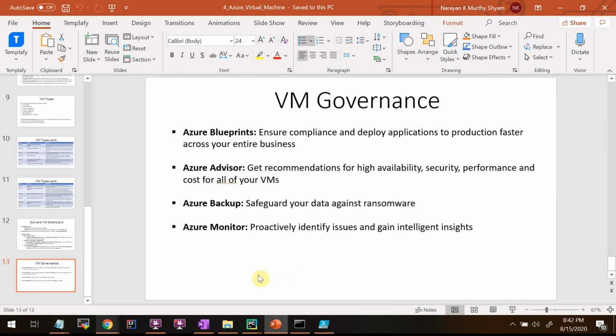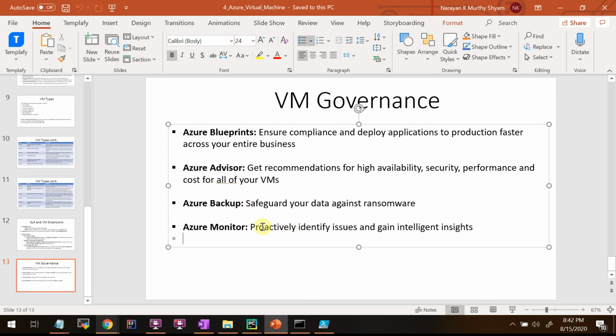And there are a lot of products available in the marketplace also. You don't need to go for the Azure specific backup, but you can also use other external third party products from the marketplace